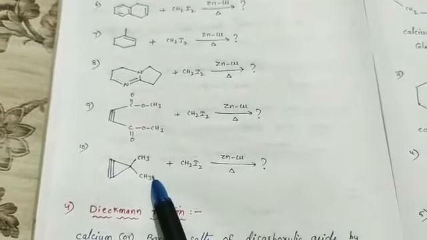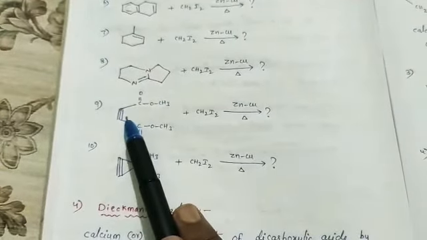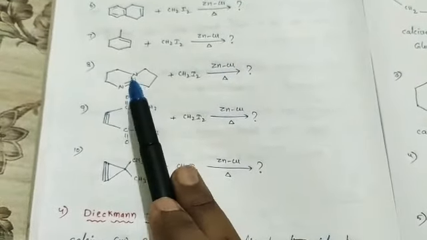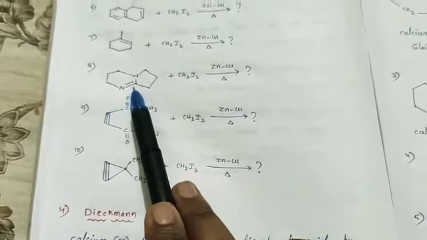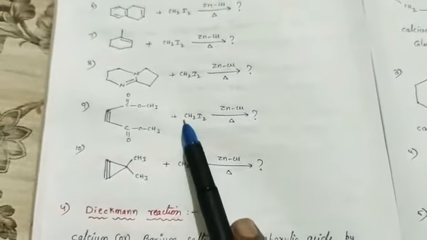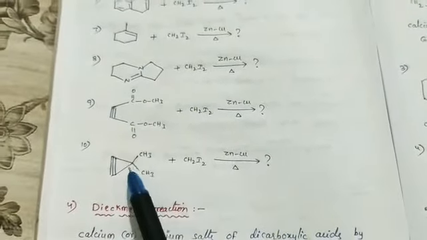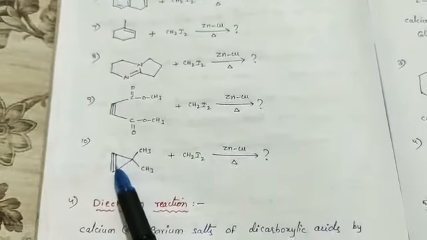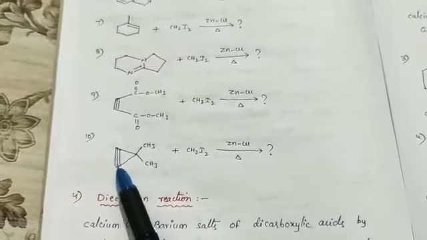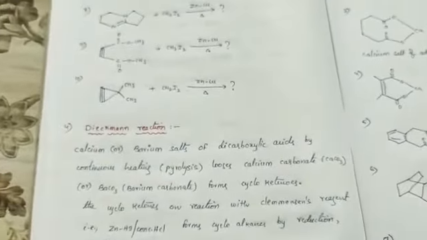Now if you observe the 9th and 10th examples closely, then we observe that the unsaturation is there due to the triple bond. So always remember, in the Simmons-Smith reaction, the double bond will become a single bond, which means that the triple bond will automatically become a double bond. So insert the CH2 between these triple bonds so that the triple bond will become a double bond. Now in this case also, in the cyclopropane, when a triple bond is there, insert the CH2 between the triple bond, carbon and carbon, so that the product will become a double bond one.